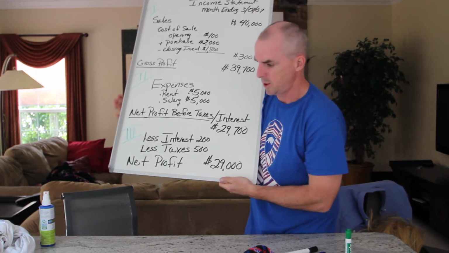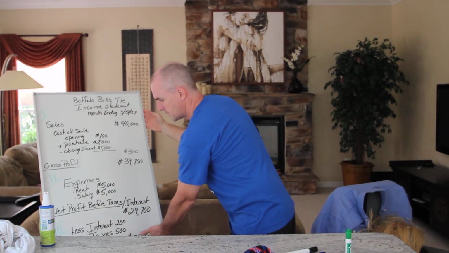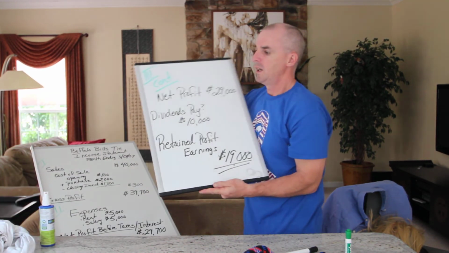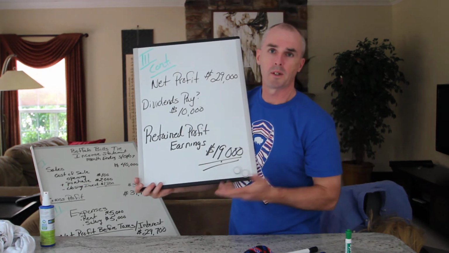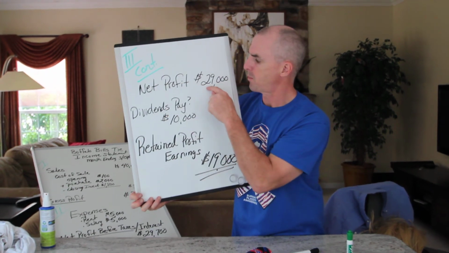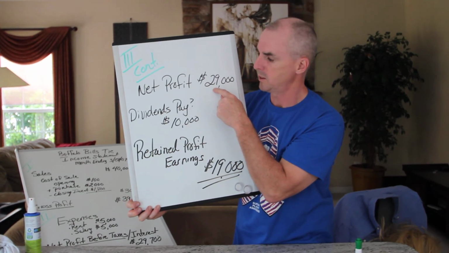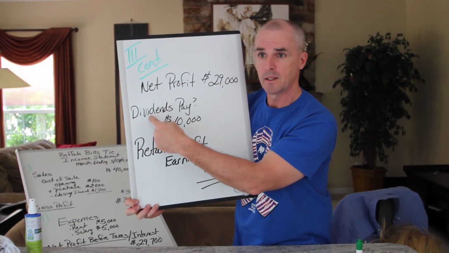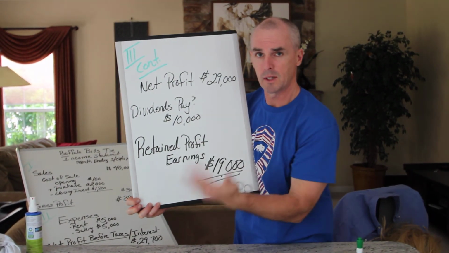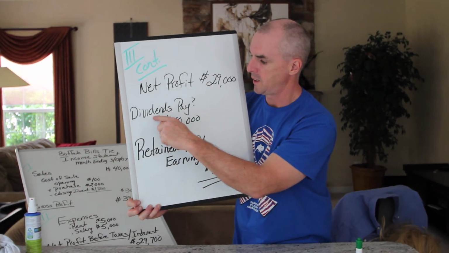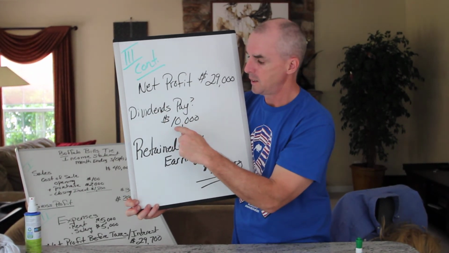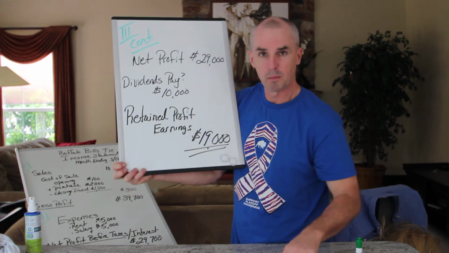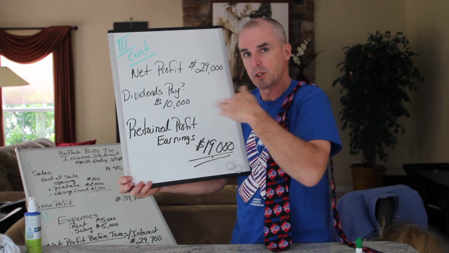And then in conclusion, go to my next board. Since I'm a publicly traded company and people are investing money, okay, I have a net profit from the previous one of $29,000. My investors are going to want dividends paid back. So if they're investing their money, they want a little bit of return. We call that dividends. So we're going to pay $10,000 in dividends, which leaves the Buffalo Bills Tie Company, when it's all said and done,